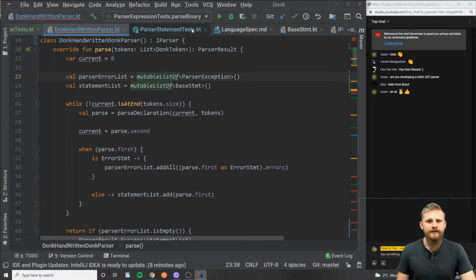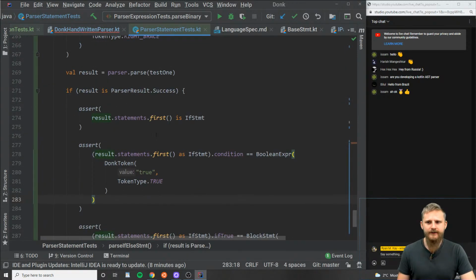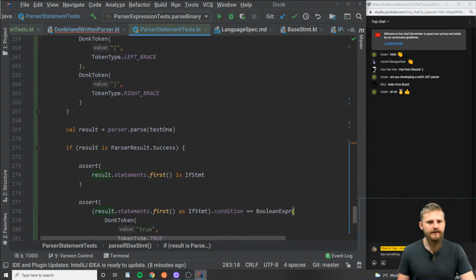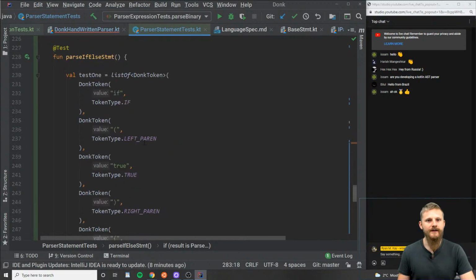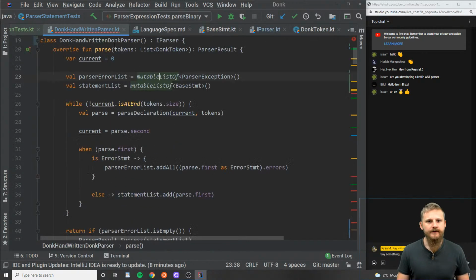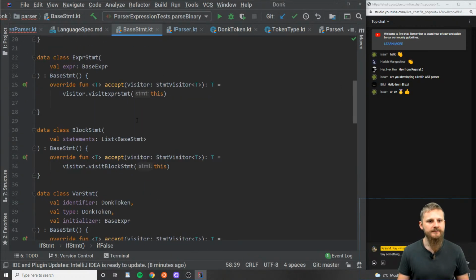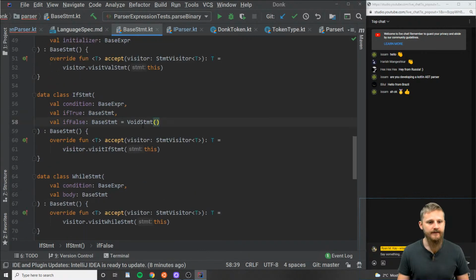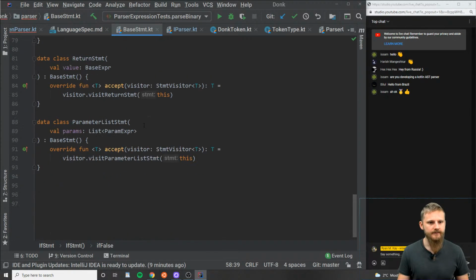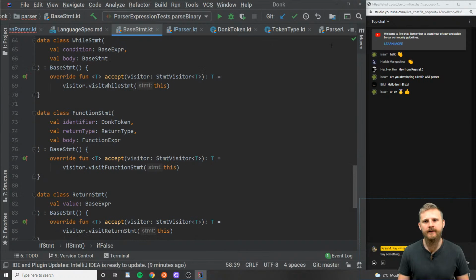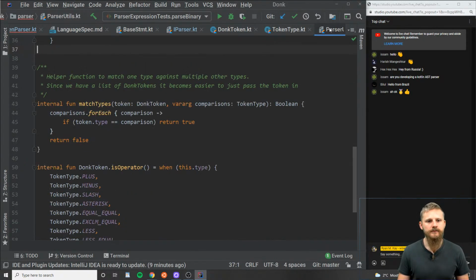Okay. So anyways, yeah, I finished off if-else statements and got those working. So that actually finishes off the parsing for all of our base statement classes. So we've got everything we need here, unless I'm horribly mistaken. I think that's correct. So the only thing we need to finish off, other than doing a whole bunch of